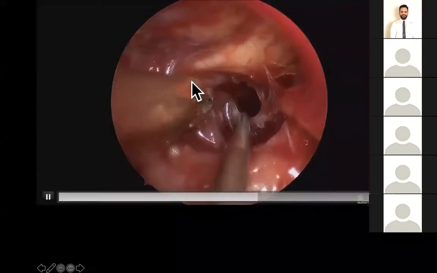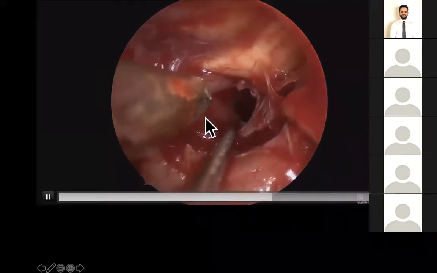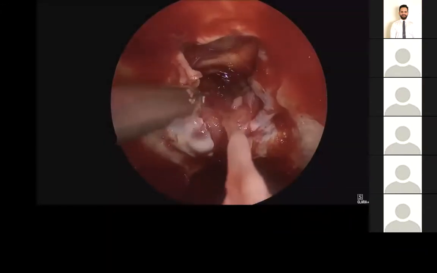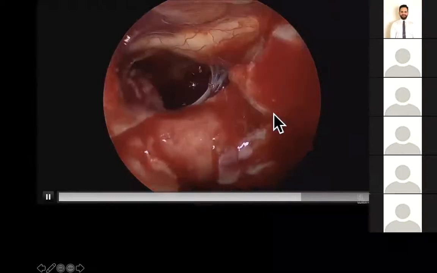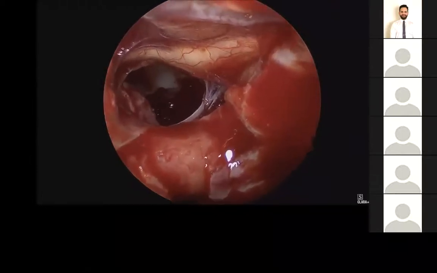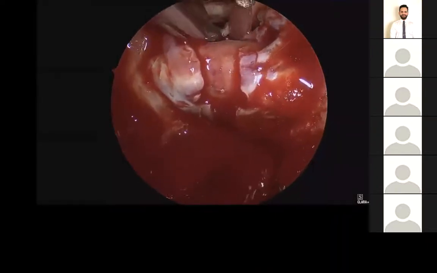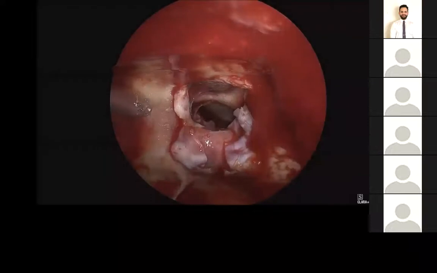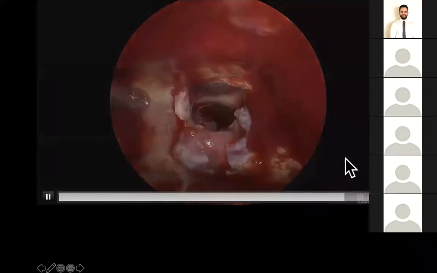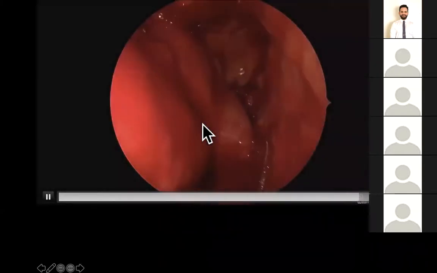And we saw that part of the capsule was completely stuck to the optic chiasm. There was a part of the tumor that was solid. And this is taking part of the cyst wall in a piecemeal fashion. And we can see that it's completely attached to the optic chiasm. And this is just performing some further dissection of this, but at the end we're going to see that we left part of what we thought was the pituitary stalk,